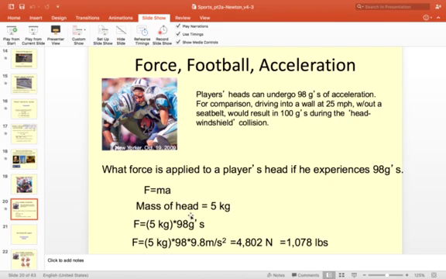We're going to do force times acceleration on a player's head, 98 Gs. That's a lot of G forces. So that's like 1,000 pounds, 4,800 newtons of force. We saw the Rampage Jackson thing. That was because we had something that was 10 times this in mass that hit the ground. But you can see the incredible amount of forces, and we'll look at all of that in next week's lesson 10.